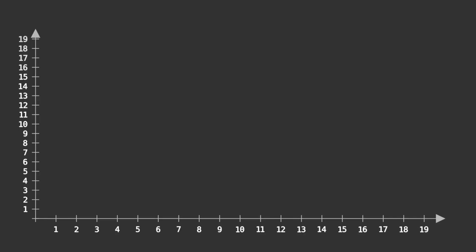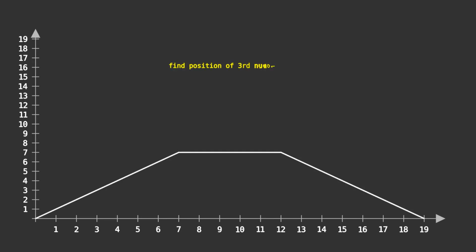We have seen a few examples of how to solve graphs using binary search. Now let's take a look at some other example. Here on the x-axis we have the indices of the array, and on the y-axis we have the values in the array. So my question is, find the position of the third number from 7 in this array. Can we find it in log of n time? What do you think, guys? Let's try to think and come up with some solution, guys, and try to post that answer in the comments below. Now let's move on and take a look at the main part of this video, which you guys might be looking for: